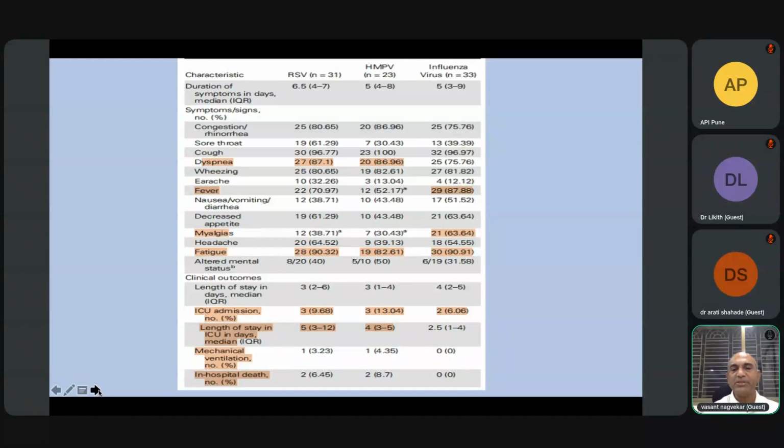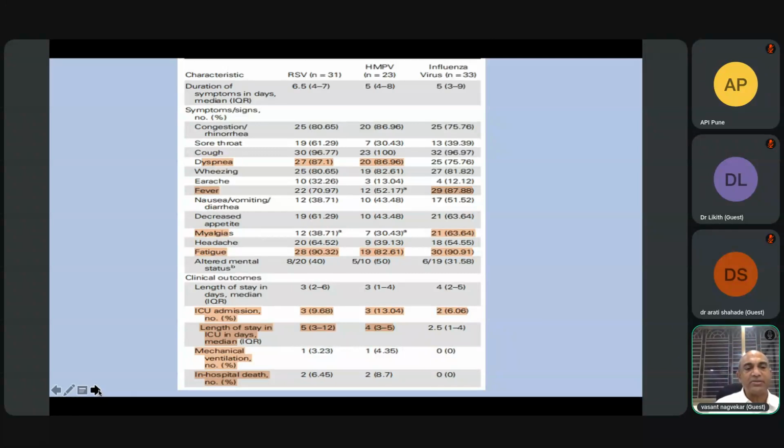If you see the ICU admissions, they are more with human metapneumovirus and respiratory syncytial virus infections compared to influenza A. The reason the number of admissions is lesser, and the mortality and mechanical ventilation are also lesser, is because there is a definitive treatment for influenza A and B, specifically influenza A, where oseltamivir works beautifully. Whereas for human metapneumovirus and respiratory syncytial virus, those below 6 months of age and those above 65 plus having comorbidities will be at risk for hospitalization. In some of them, it is less than 10% compared to influenza, because for influenza there is a definitive treatment